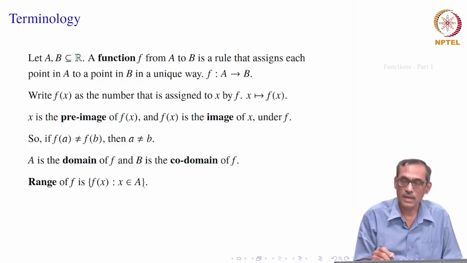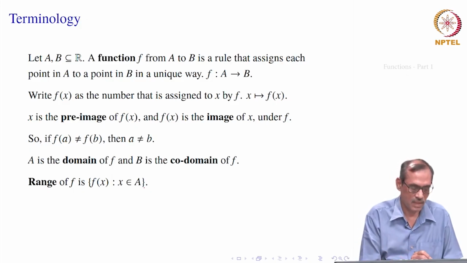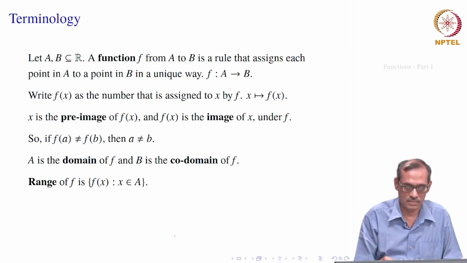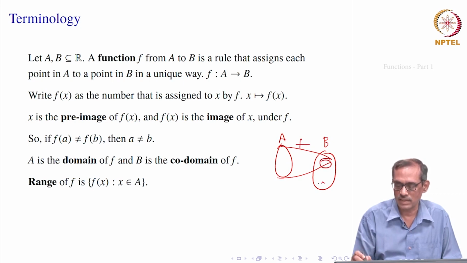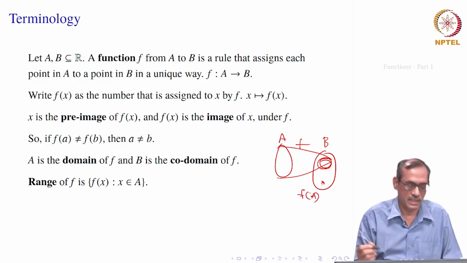Outside it, you do not find one x such that f of x will go outside of this range, though they are members inside the codomain. So, it is something like your A is here and some set B is here. It is not appropriate, but they are real lines. Let us write it schematically. Then all these things are taken by f maybe somewhere, that is the range. These are not in the range, outside that. B is the codomain and the range is only this one, which is sometimes also written as f of A, but we can say range of f.